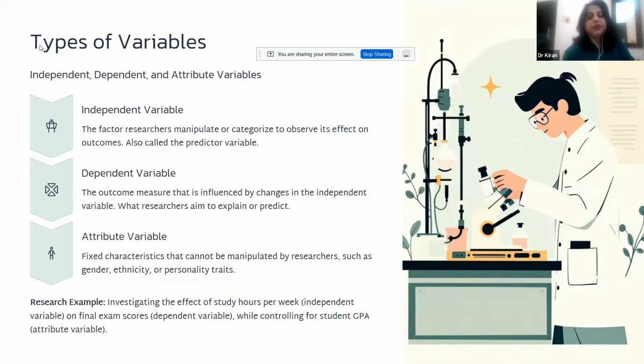Now what is this attribute variable? If I have to relate it, I would relate it with the demographic part also, like gender, ethnicity, personality traits. For example, the effect of study hours on final exam scores while controlling for student GPA. This part will be clear in the upcoming slide, where we will take